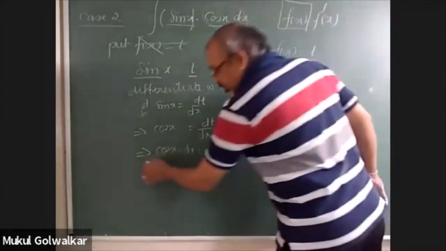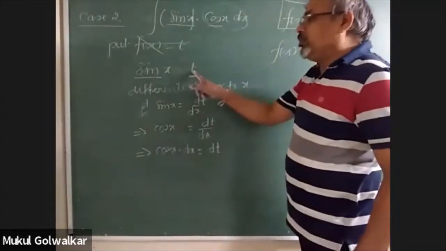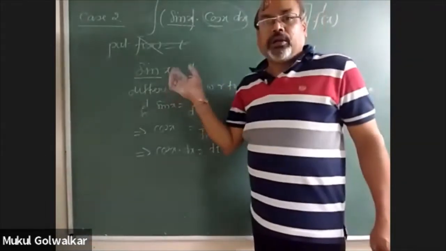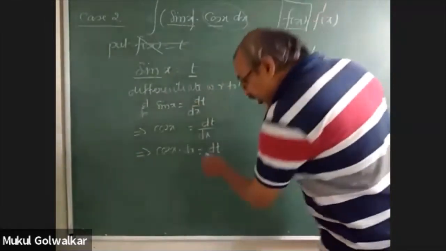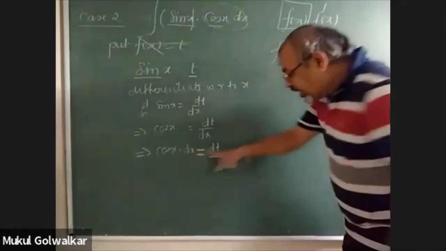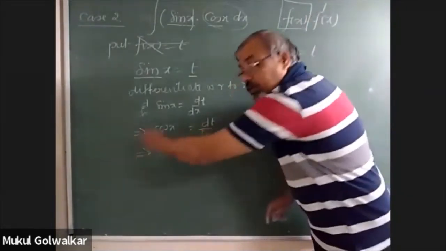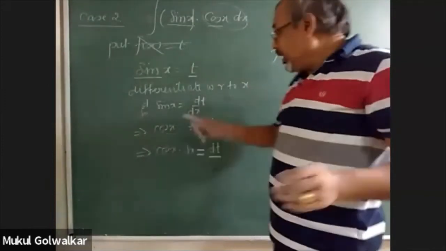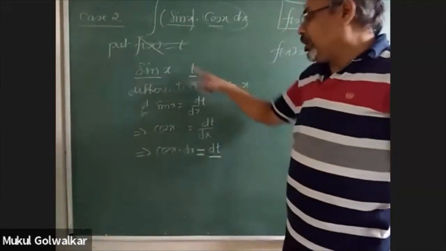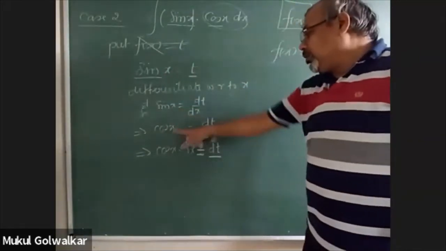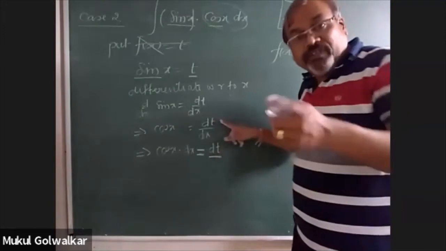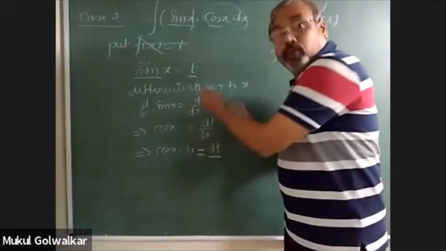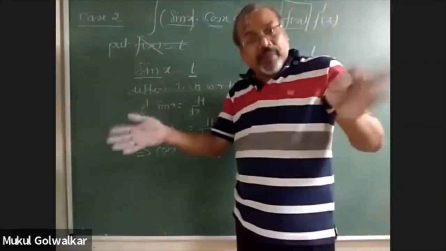Here what I would like to say is, when you substitute something and then differentiate, you should develop the habit of writing one variable on one side of the equation and the other variable on the other side. You should be in the position to separate the variables. It was a combination of two variables. When you differentiated, the right hand side became dt by dx. So the old variable x is also present, and the new variable t is also present. So it is a combination of both variables, and we are required to segregate them.